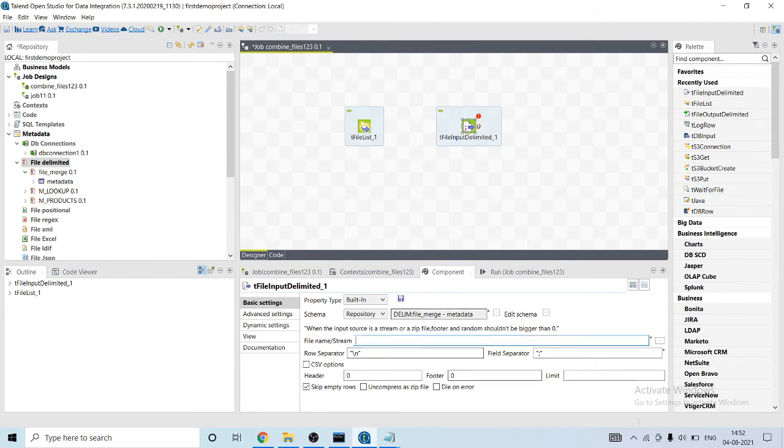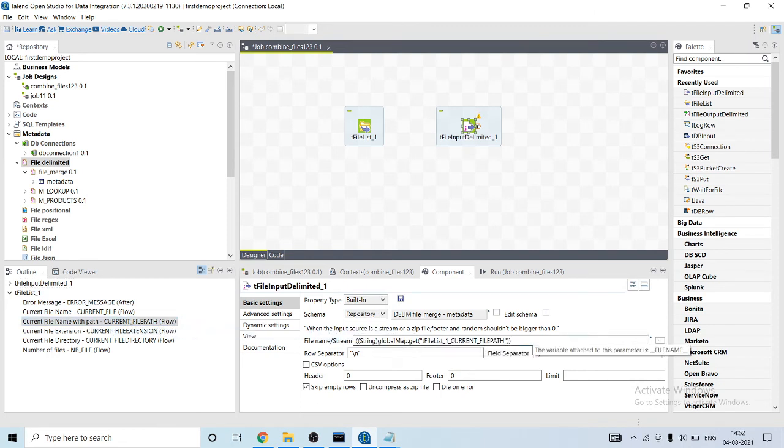Okay, so here we need to specify what will be the name of the file. As we are reading several files, we need to create a variable whose value comes from this. Just drag and drop. Whatever file it's reading, it will give its name. Okay, so here the field separator is this. I think the rest of the options are correct. Let me provide a header value of 1 and let's connect.